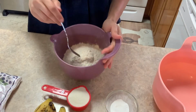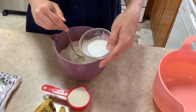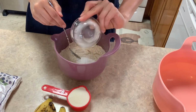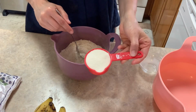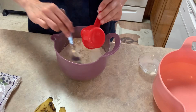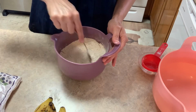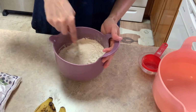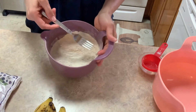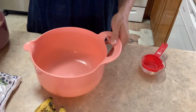So here I have my 1.5 cups of the Kodiak mix, and I'm gonna add the salt, baking powder, and baking soda. And I'm also going to add 1/3 cup of the Swerve granular sugar replacement. I'm gonna mix this. Now I'm gonna set this aside. I'm just mixing it with a fork. Now that that's combined, I'm going to